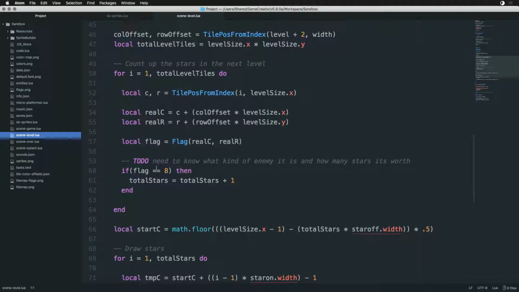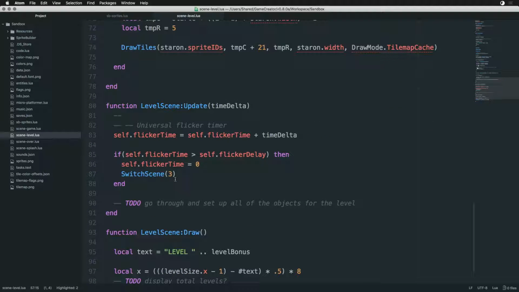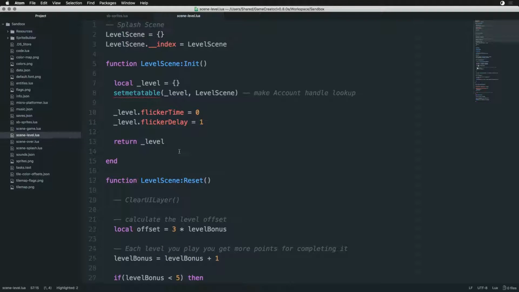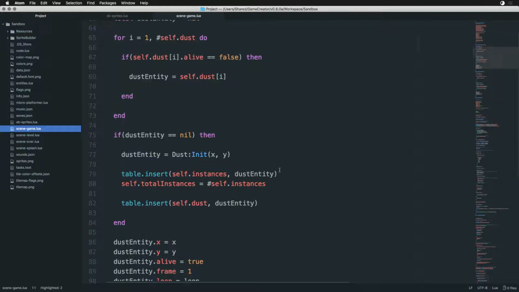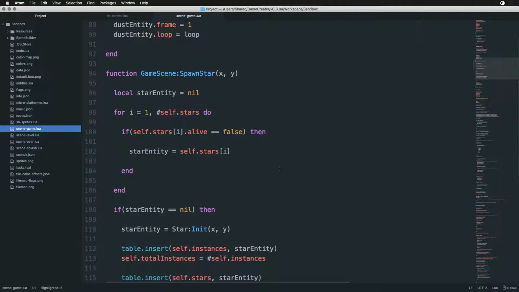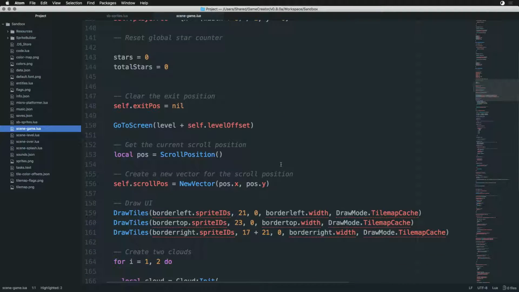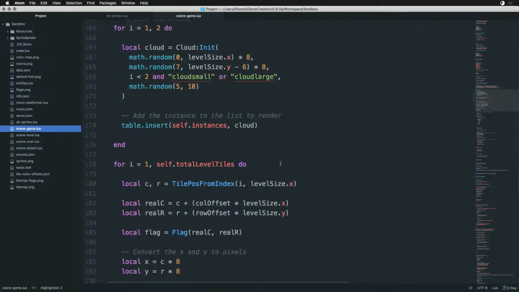We need to know what enemy it is. If flag equals 8, total stars equals. Scene level update, scene level draw, scene level reset. I can't remember scene level game. Let me see where I sort of spawn this stuff. What I want to see is spawn star, reset, go to screen, scroll position, new random tiles,